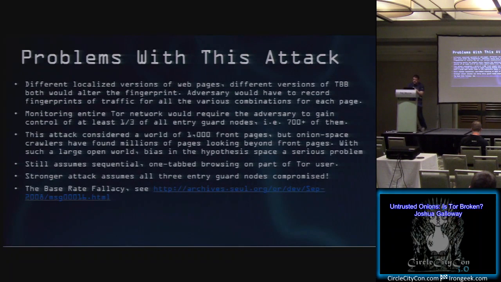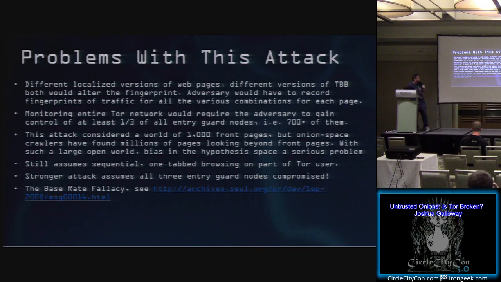And even though the problem space is greatly reduced by the circuit fingerprinting, they still assume sequential one-tabbed browsing, which to me is completely unrealistic. And the stronger attack they talk about, with the 99% true positive rate and 0.07% false positive rate, assumes all 3 entry guard nodes are compromised, which also seems unrealistic. Also the base rate fallacy, which is more involved than I'd like to explain here, but